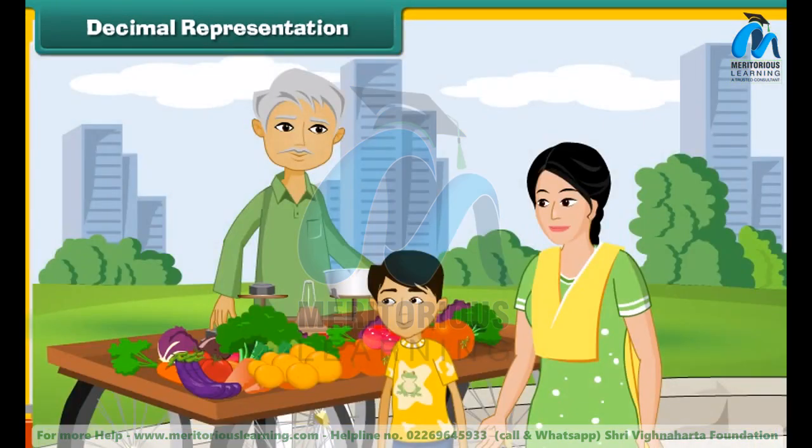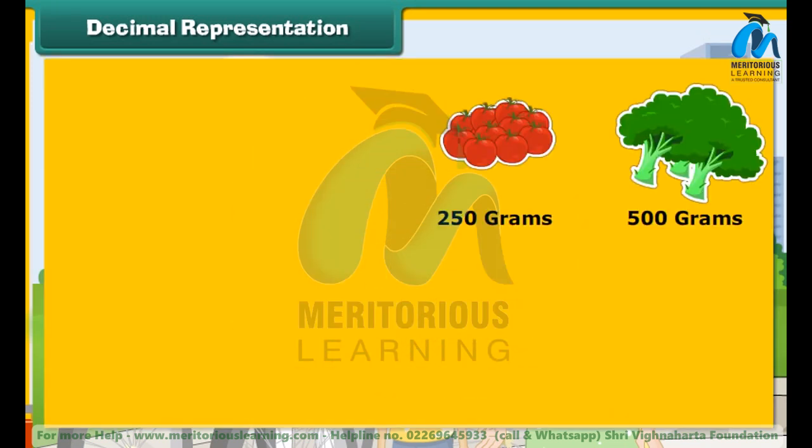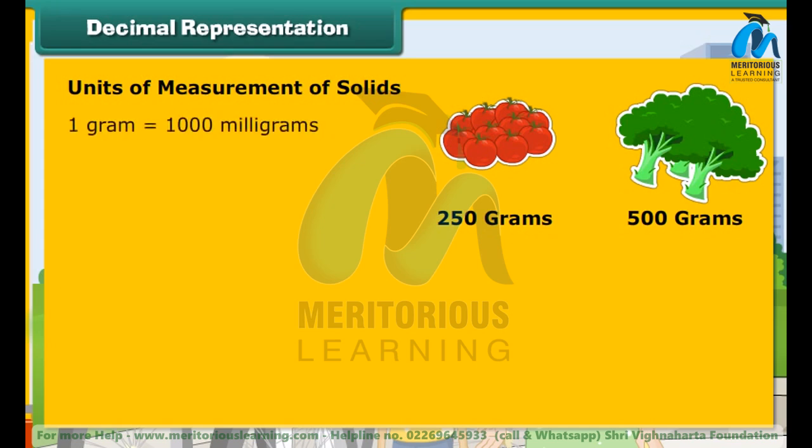Akshay accompanied his mother to the vegetable market. There, he saw his mother buy 250 grams and 500 grams of different vegetables. He wanted to express the quantities purchased as kilograms. To be able to do so, Akshay must first understand the units used to measure quantities of solids. 1 gram is equal to